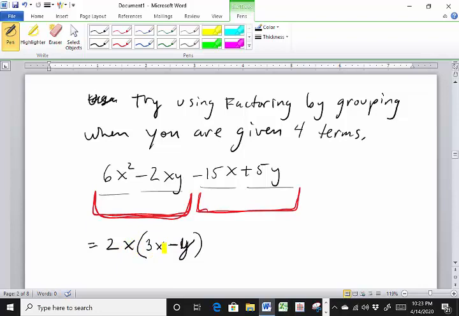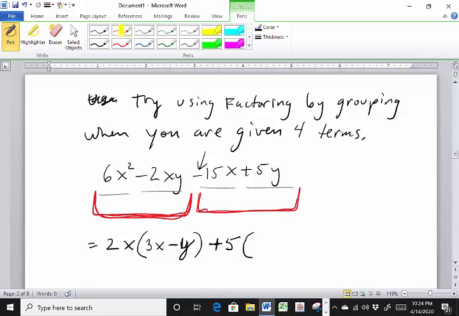Now I'm going to look at the next two terms, and I am going to say that the GCF, now usually I'm going to take out a negative, okay, so in other words, the GCF would be a 5, but I'm going to put minus 5 because of this negative right here, and you'll see why in a second. Okay, it wouldn't be wrong if you put plus 5, but actually let me put plus 5, because this is just a mistake usually people make. So if I put plus 5, and then